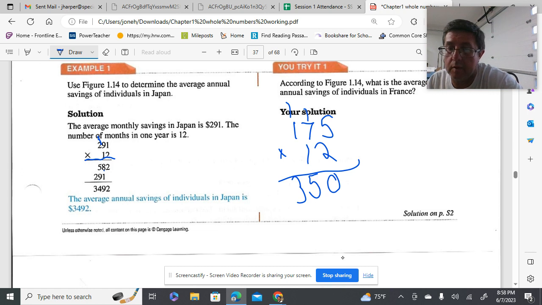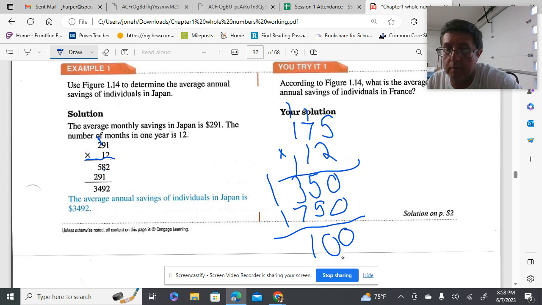Then we would do 1 times 175 would be 175. So we go 0, 5, 5. We go 0, carry the 1. 4, 7. That would be 11. Carry the 1. So a year they would save up $2,100,